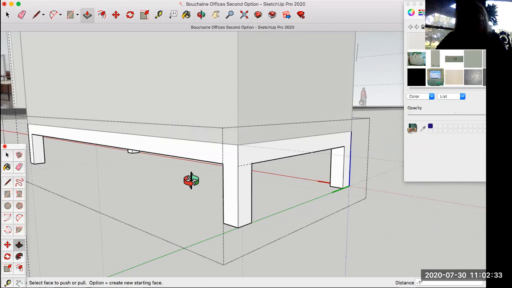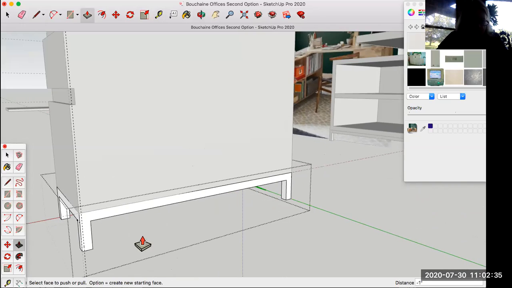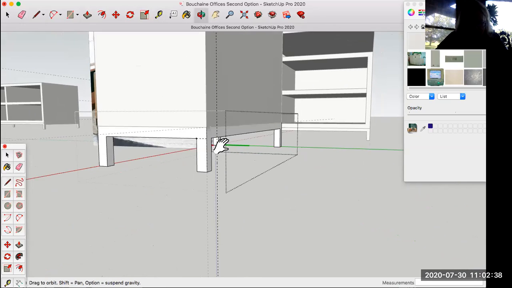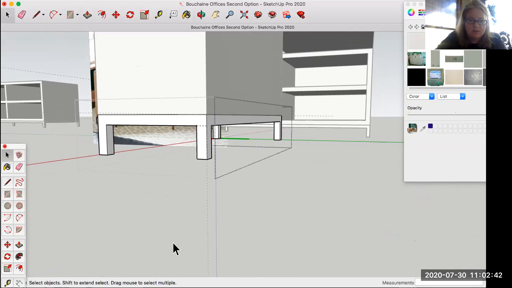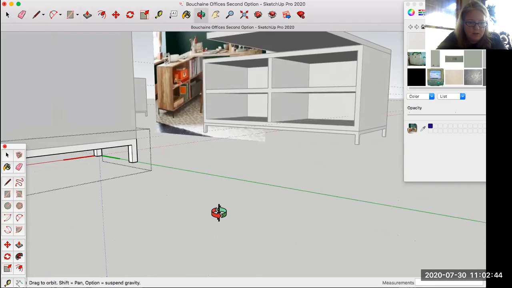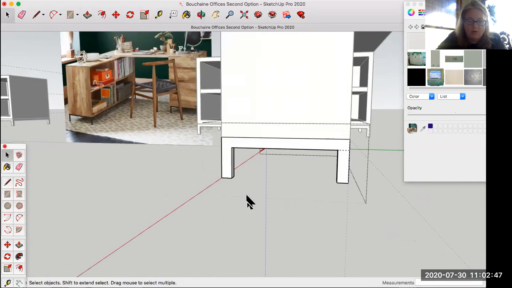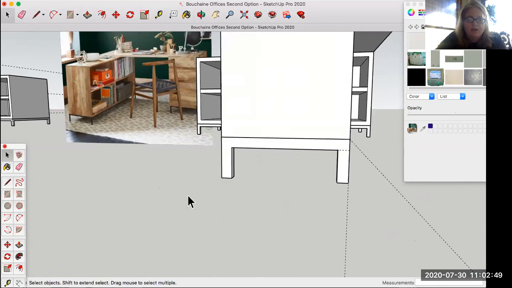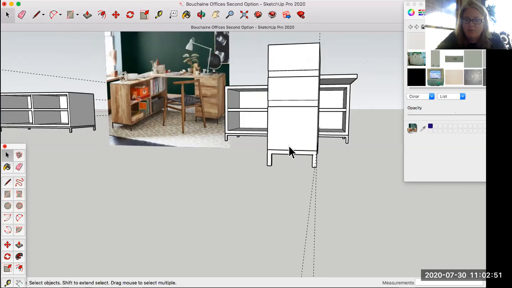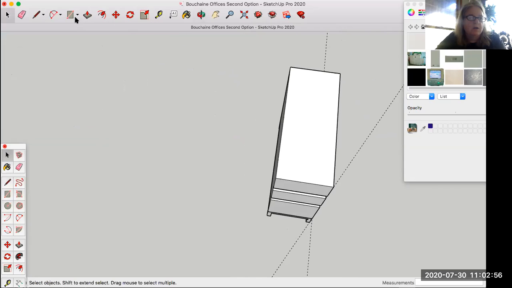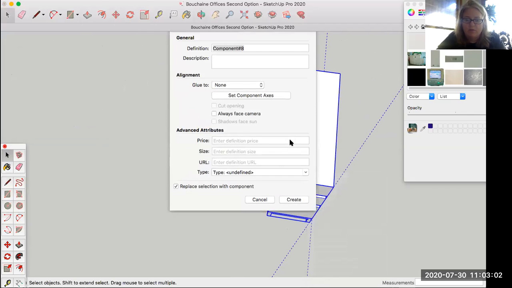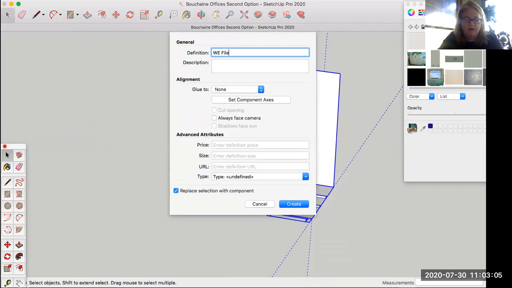All right, so now that's fixed. So since I'm here, what I can also do is get rid of some of these. Delete. Okay, that's looking pretty good. All right. I just click out to stop that editing mode. Okay, now I will select, make component, WE file,